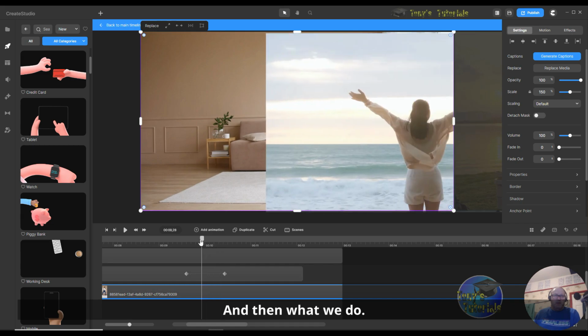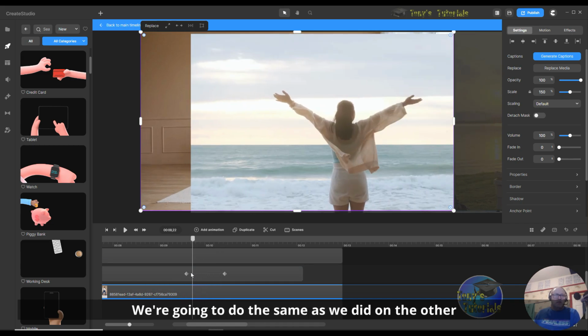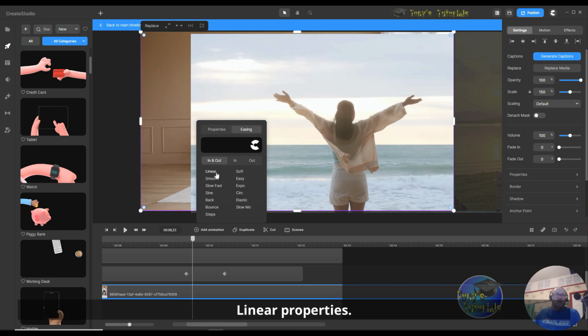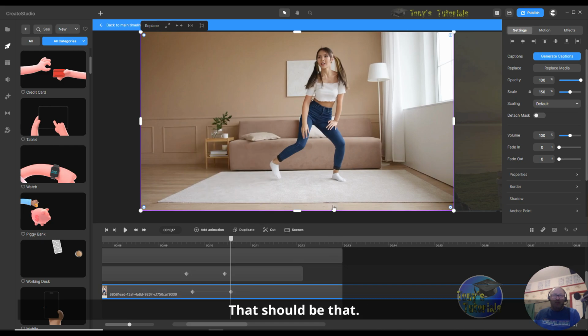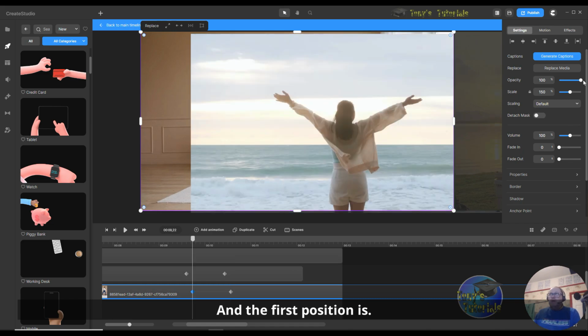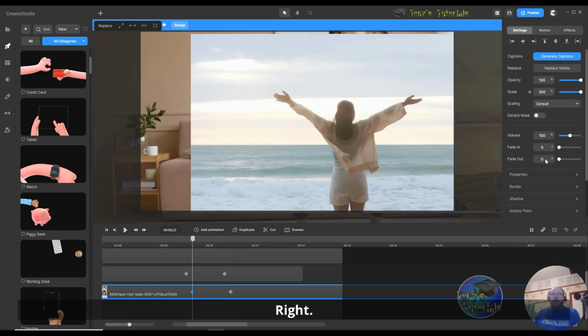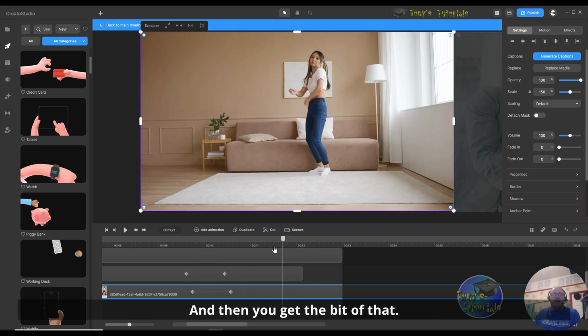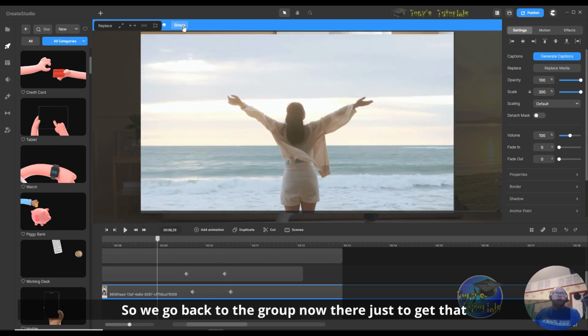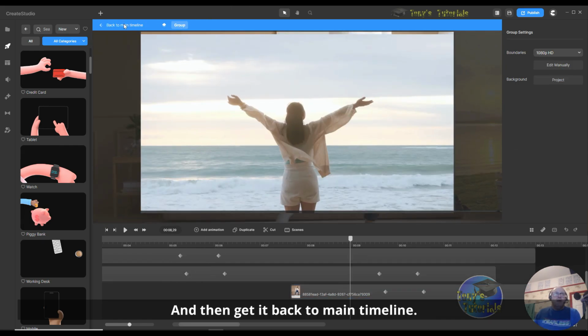And then what we do is we're gonna do the same as we did on the others with this one. I just do add animation, linear, properties, scale. And the second position is, that's right, that should be that. Okay. And the first position is, it's actually scale up. Right, so scale that, and that should scale in. That should be it. Right, so we go back to group now, just to get that off, and then get back to main